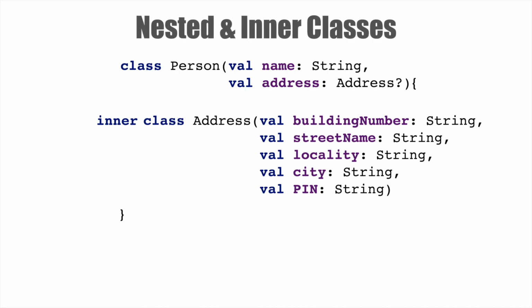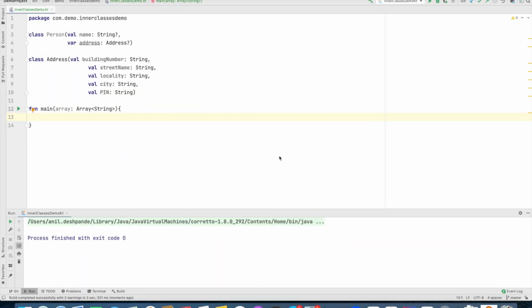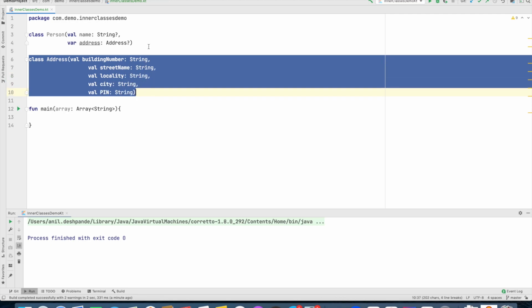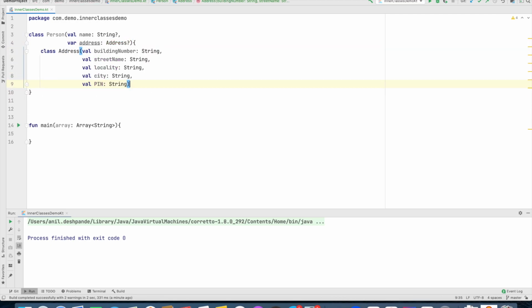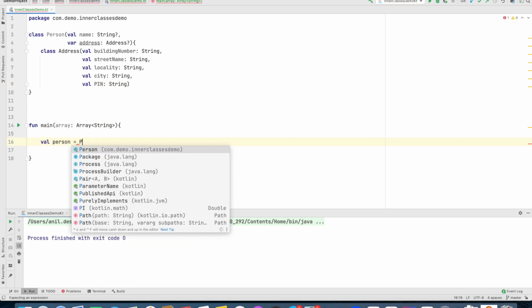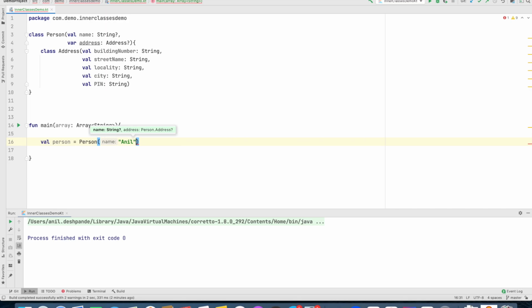So in this video, we will talk about nested classes and inner classes in Kotlin. So let's go through a demo. As you can see, I have a person class and the address class, and the person class uses the address. Well, what I can do is put this particular address class as a nested class inside the person class, and I can create an instance of person.